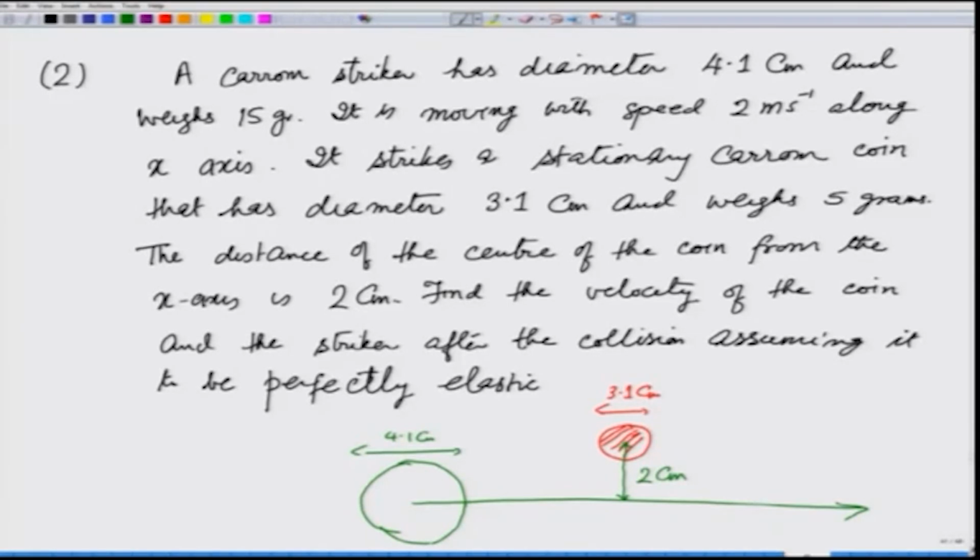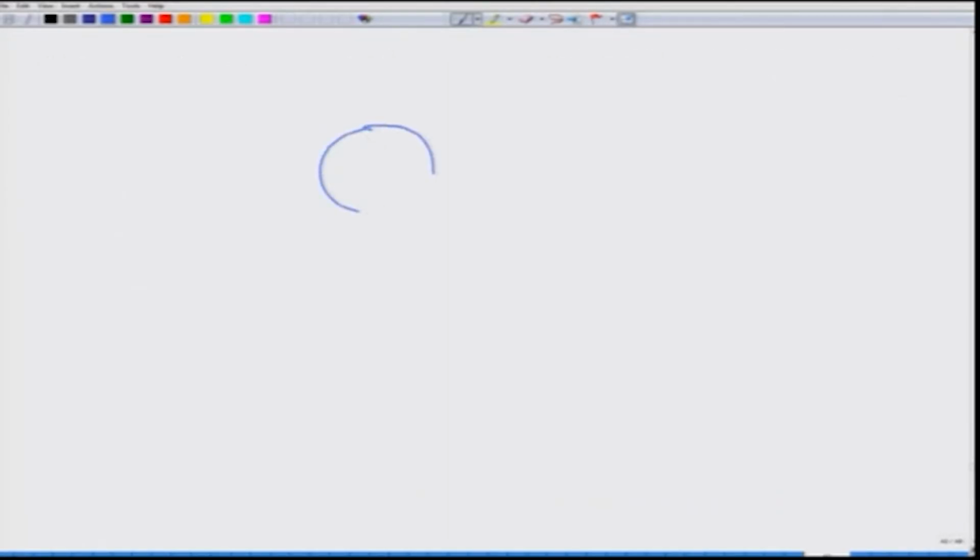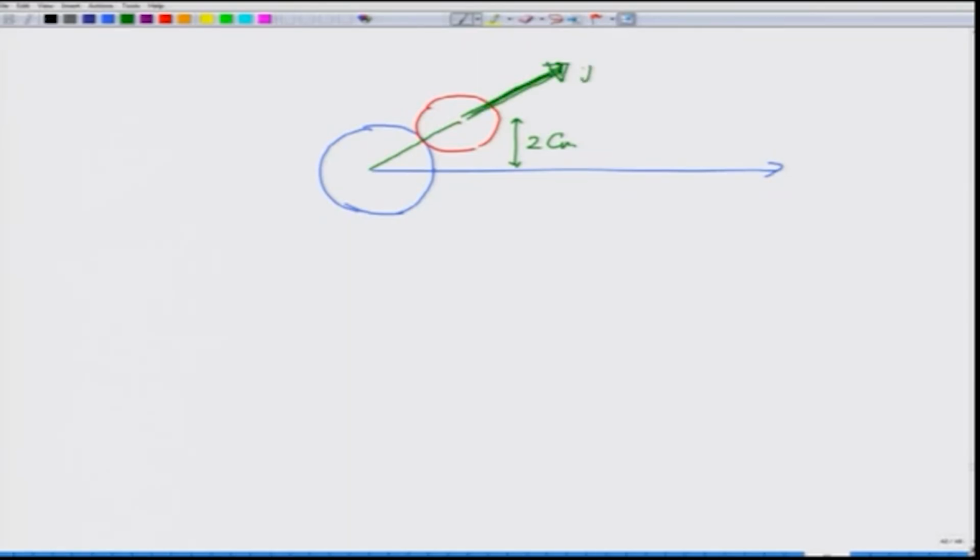So, what happens is, when this striker strikes the coin, the striker was moving like this, the distance here is 2 centimeters, there is going to be an impulse on the coin in the direction shown by green. And since the coin was stationary to start with, it is going to move exactly in that direction. So, it is going to move at an angle theta from the x axis in the direction of this impulse,